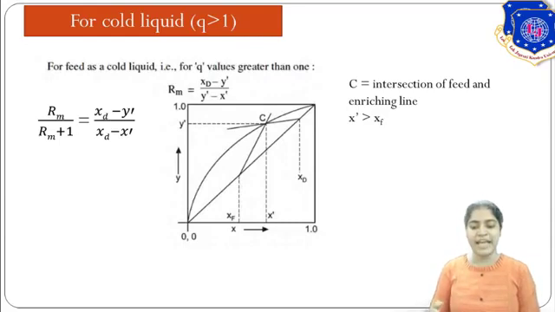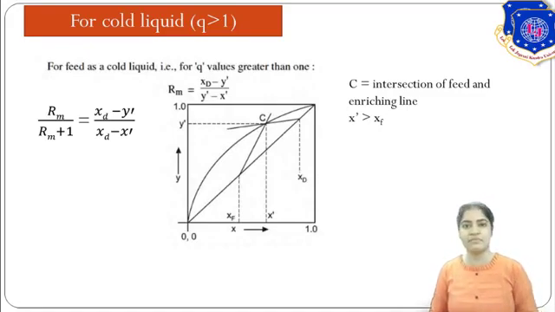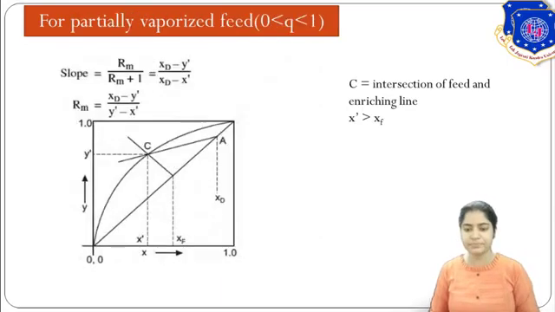So now the slope is again, you can see the coordinates. xd minus y dash, that is your change in y coordinates, upon xd minus x dash. So simple, from that the Rm value is xd minus y dash upon y dash minus x dash. You don't have to remember all, just learn graphically how your point of intersection is coming, and based on that take the coordinates of your intersection point and your xd point, your distillate composition. Based on that you have to remember how to evaluate the slope value first of all, and from the slope you can get your Rm value, because your slope is Rm upon Rm plus 1.